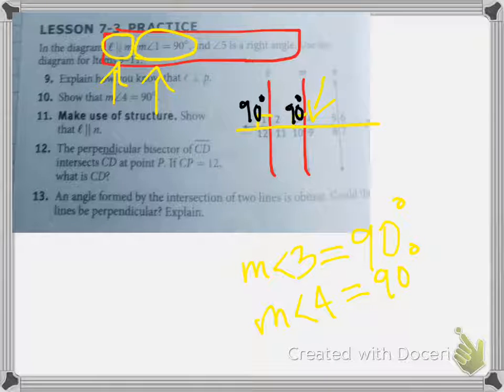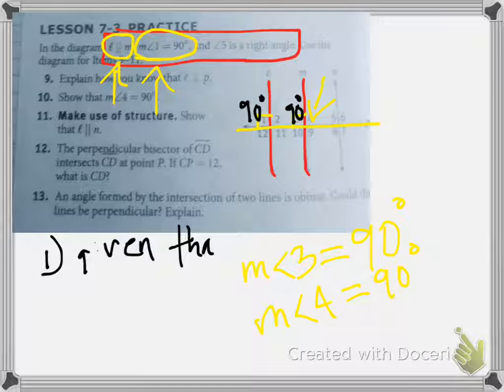And you're going to prove, I don't know if your professor is doing statements where you say first statement, given that, something like that, given that L is parallel to M, which is given, we can conclude, therefore